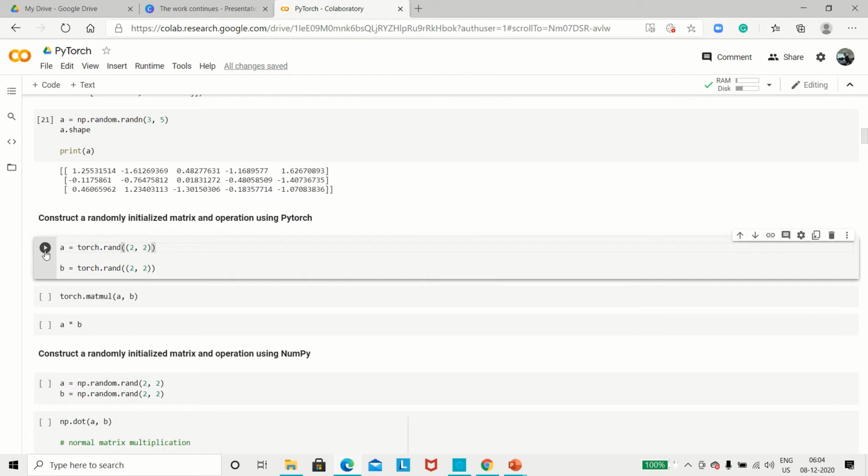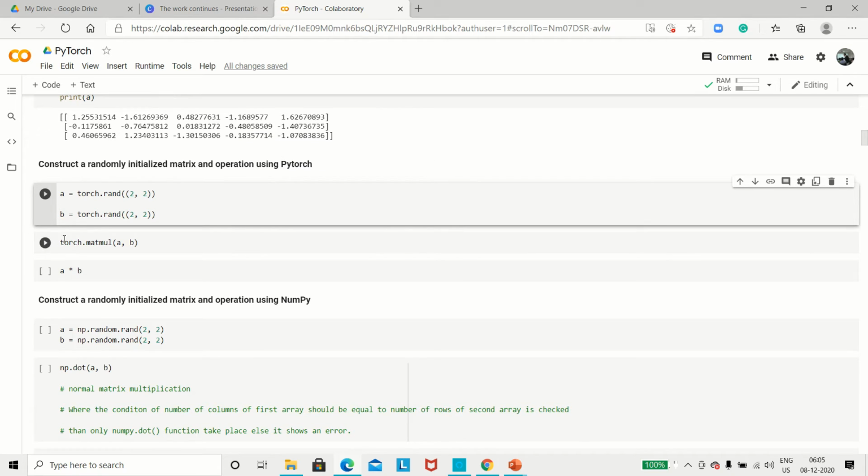If you print this, there is no point of printing here because every time you click on run, it might select different values because you are using a random function. Random function means it will give you random values. So let's run this. Now my variables have been decided, random values have been taken in the background. If you want to print, you can use print A and print B and see what those random values are.